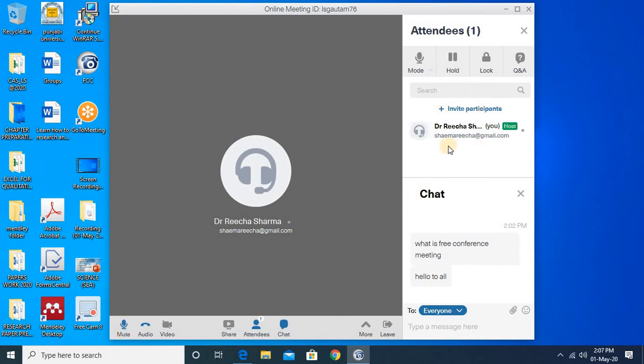As you see these dots on this side, it means that I am an active speaker and people can listen to me. When other people join this meeting, two options come at the bottom: all participants and active speakers. When you click on active speakers, the people who have their mics unmuted appear in that list.